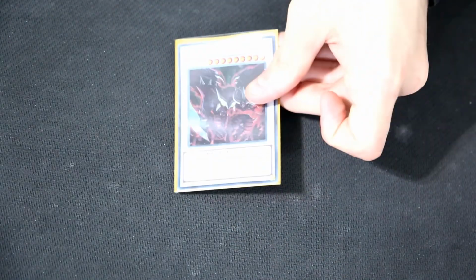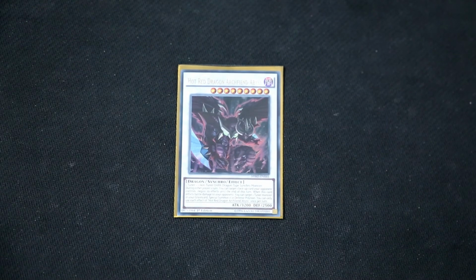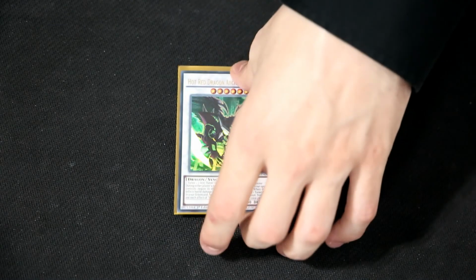Next, we run Hot Red Dragon Archfiend Abyss. If it was to inflict battle damage to your opponent, you get to special summon a tuner from the grave. So that can be really useful to help you climb into the next monster on this list, which is Hot